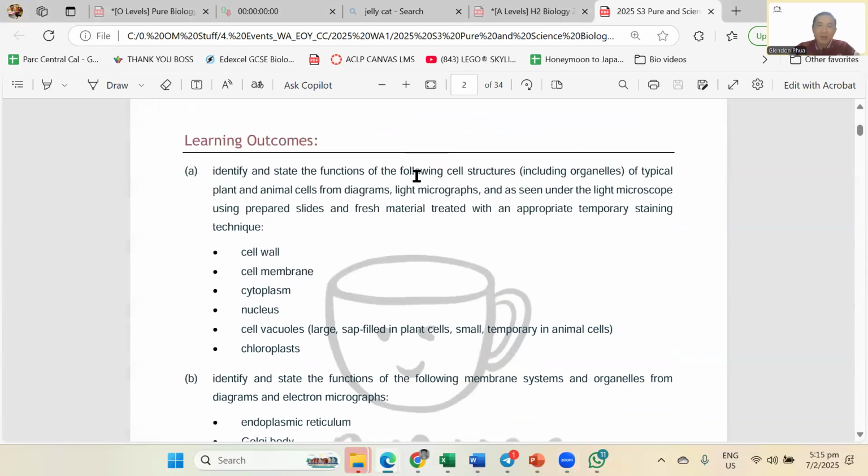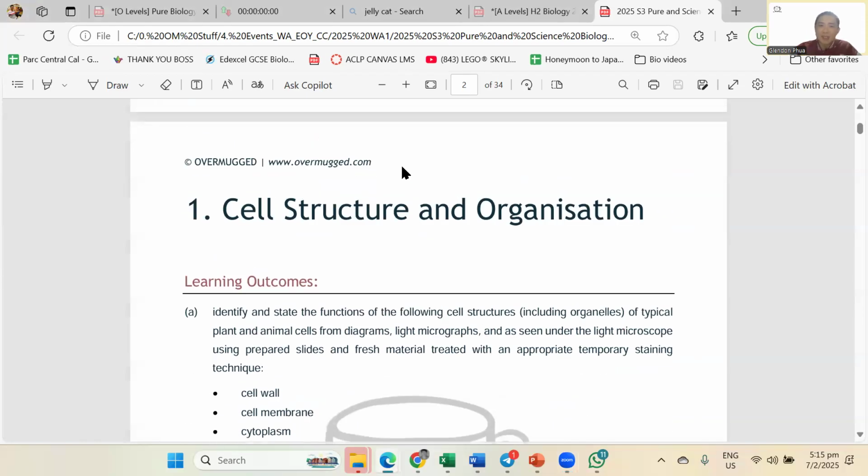All right. Now, the way I like to approach this topic is this: cell structure and organization is simply a Taylor Swift concert. Oh, wait, what? Did you just say Taylor Swift concert? Yeah. Cell structure and organization is like the Eras Tour concert that Taylor Swift just did last year. And I'm going to convince you of that in a very short while.